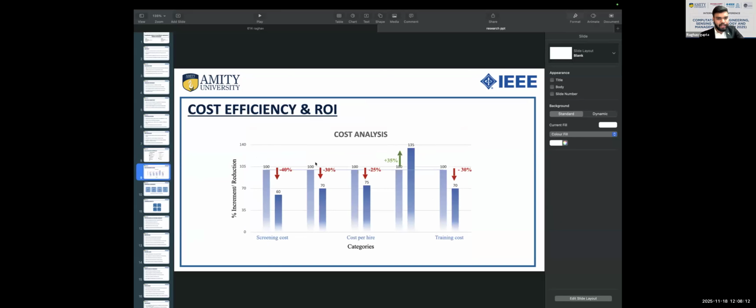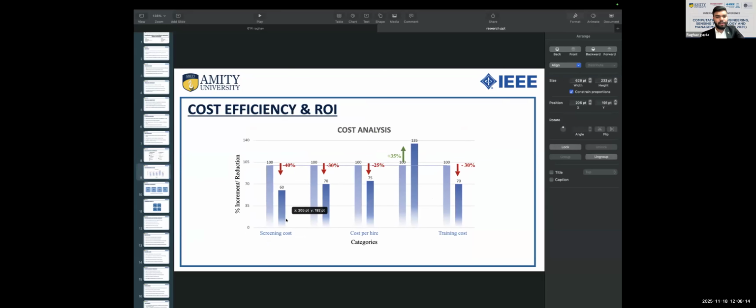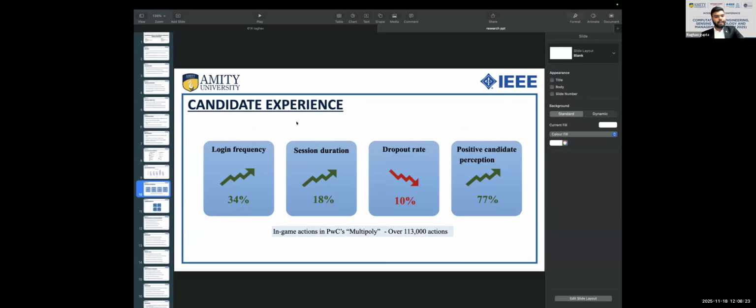Then coming to the cost effectiveness, screening costs were reduced by 40%. Cost per hire was reduced by 25%. Training cost was also reduced by 30%. Now coming to the candidate experience, login frequency was increased by 34%. Session duration was increased by 18%. Dropout rate was less by 10%, and positive candidate perception was